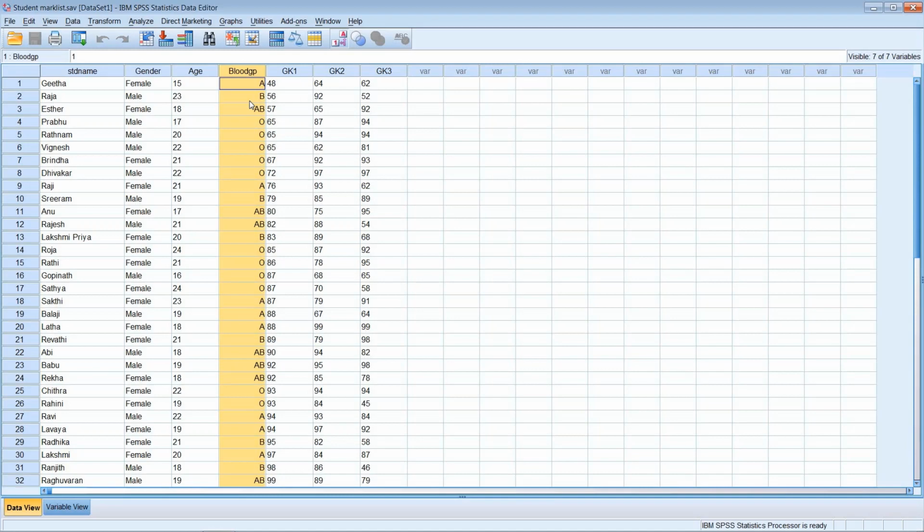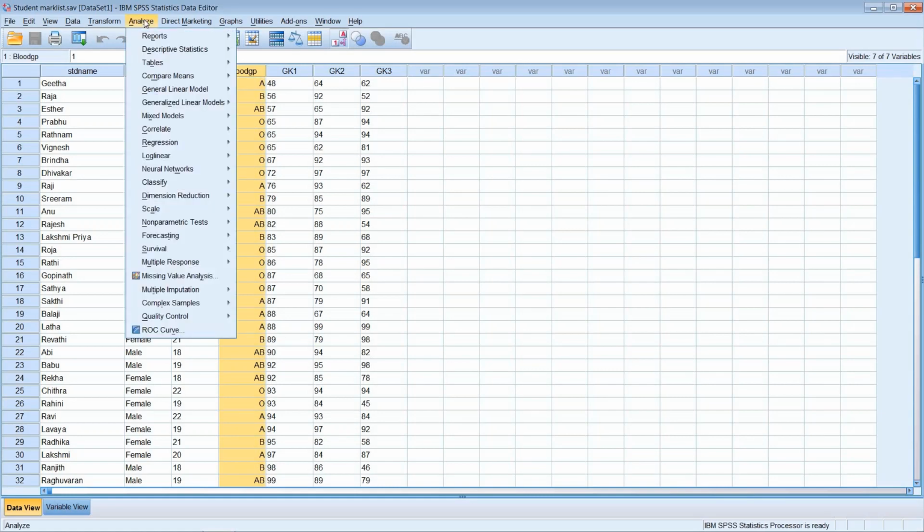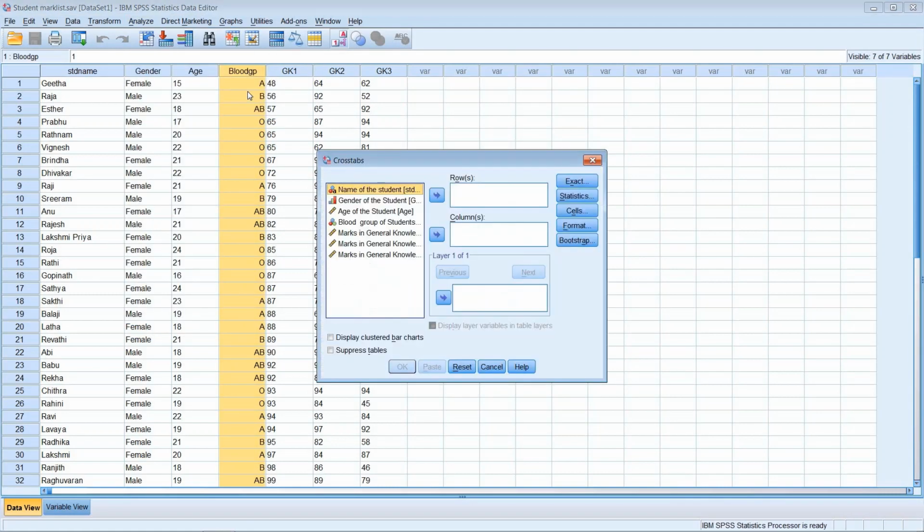There are two ways in which we can create the clustered bar chart. One way is clicking on the analyze menu, clicking on descriptive statistics, and then clicking on crosstabs. The crosstabs box gets opened here.